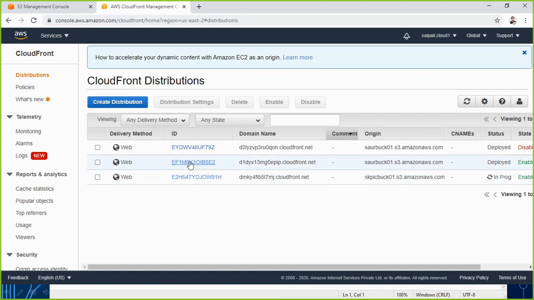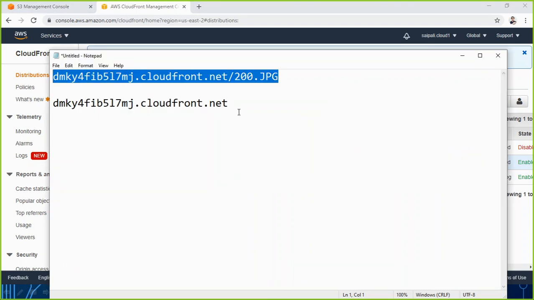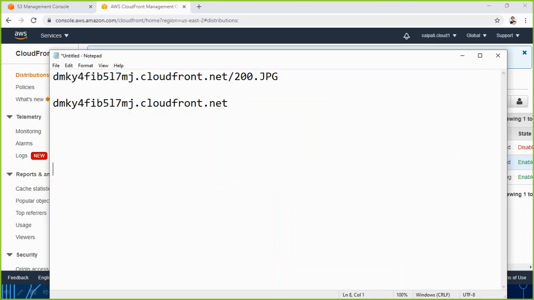Meanwhile we can test it with the other one which was created before with the same settings. So what is the use here now, how are we actually going to use CloudFront? We will be using the domain name here. This is the name we are going to distribute. So let me keep this name here in the notepad. This name will be given to others, so everybody is going to get this name.